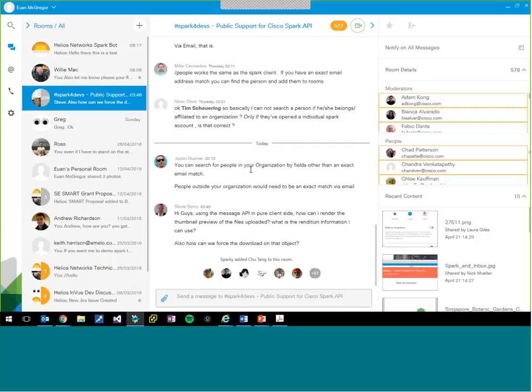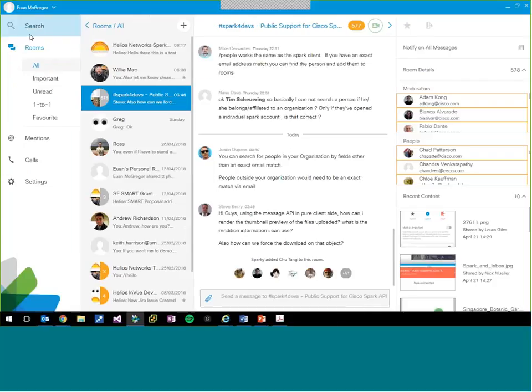We are on the full version, so we've got the meeting, messaging subscriptions. The reason I'm saying this is good to know is because this is different from what you would usually see. You can see 577 here, and you can see all these people that are highlighted in orange. This is one of the features: it's telling me that there's 577 people in this room that are not inside my organization. So that means that I may be talking to a client, and I need to be careful that I don't accidentally give away trade secrets to the client, or accidentally post profit margins spreadsheets to this.